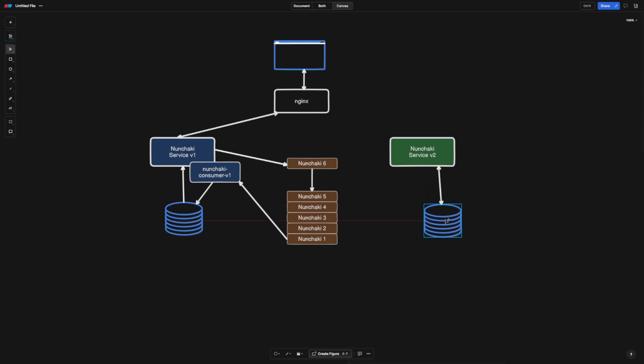Now I will deploy a second version of the consumer. This consumer will also read the same events, but from the beginning. It will essentially replay all events to the second database. I'll wait until this second consumer reaches the same position in the event stream as the first one. At this point I will have two databases that are fully synchronized and the new coming events are being stored